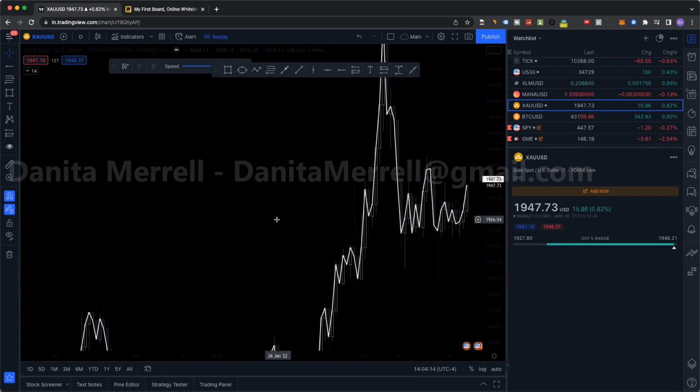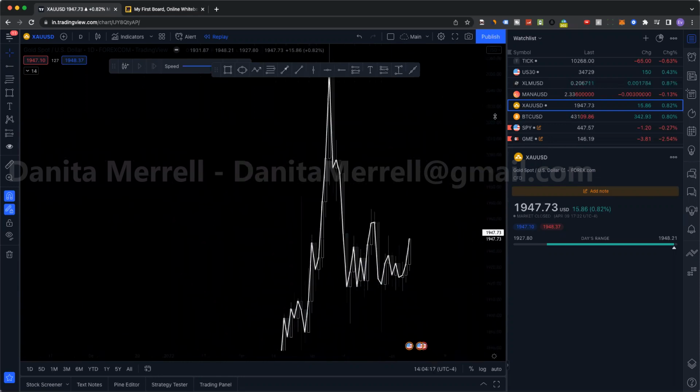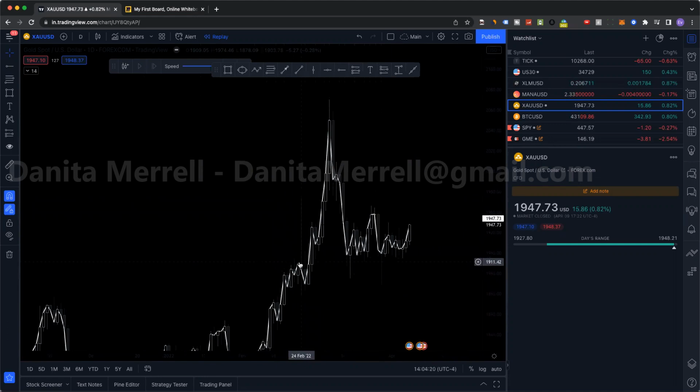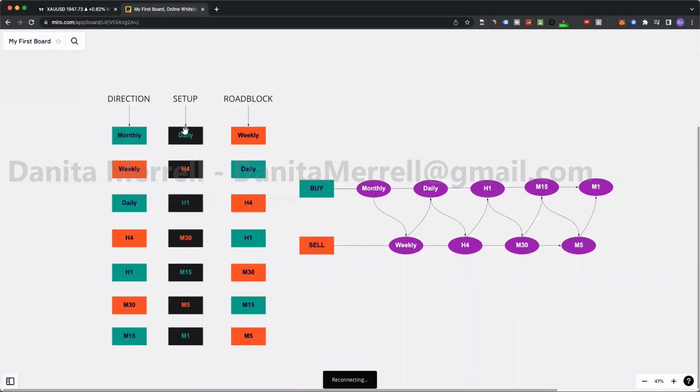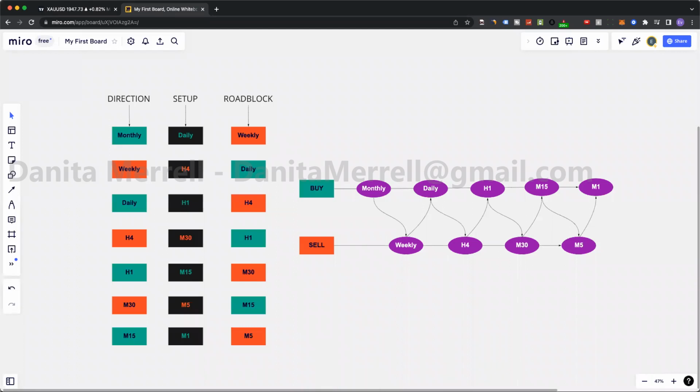But let's look here. Let's say whatever direction this was, right? So here we have a daily breakout, daily support, daily QM. What do we need to look at if we have that daily breakout? We need to find our H1 setup. Okay, but we have an H4 roadblock. So if we have an H4 roadblock, we need to break H1 from M30. So if we were to take a trade,